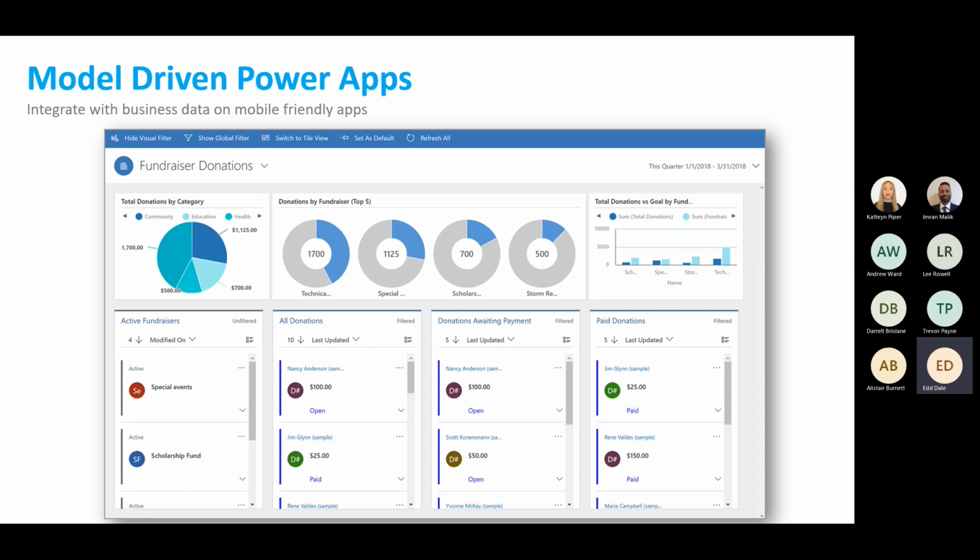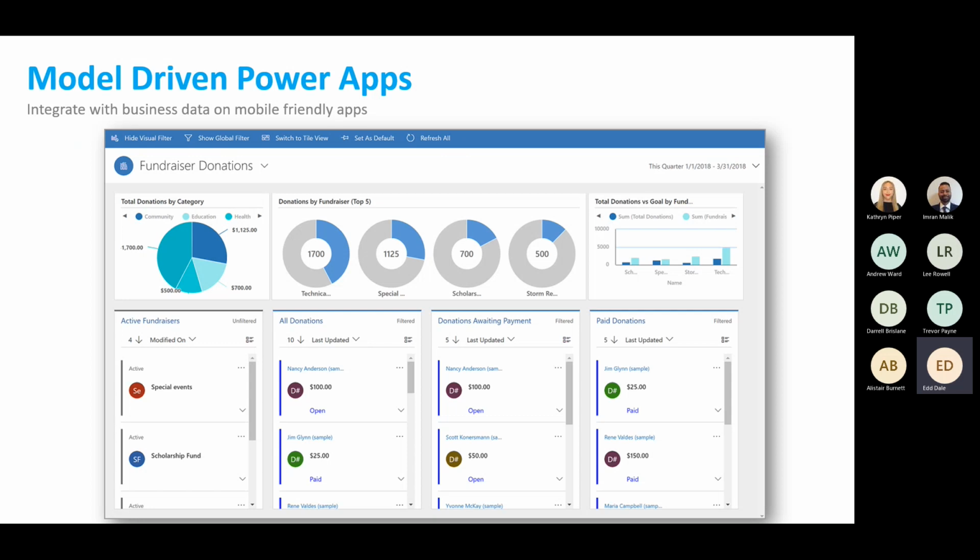And model-driven apps are used to quickly generate a great UI that is responsive across devices. So again, we've got an example of this application here, which is around fundraiser donations. Again, this application can be easily accessed across different devices, giving us up-to-date information, and you can connect these model-driven apps to whatever your data source is, whether it be something like SQL or Oracle, for example.